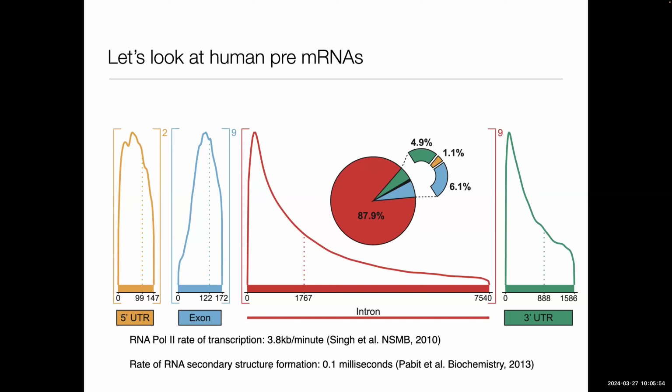Because biophysical studies of RNA folding, of RNA secondary structure formation, this initial electrostatic collapse, whether by single molecule pulling or by different time resolved techniques, had concluded that secondary structure formation occurs on the sub-millisecond to microsecond time scale. And these are pretty conservative figures. So that basically means that the time during which an intron gets transcribed is really an eternity with respect to RNA secondary structure formation. And so there's really this disconnect in terms of time scale. It's maybe not a disconnect, but we can't completely, just based on these numbers, ignore the fact that introns may